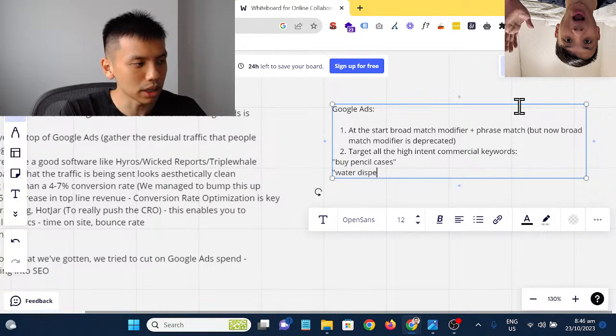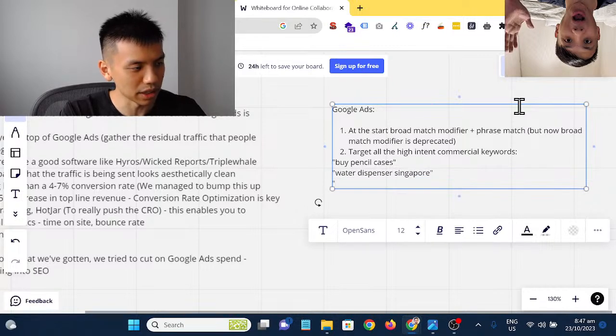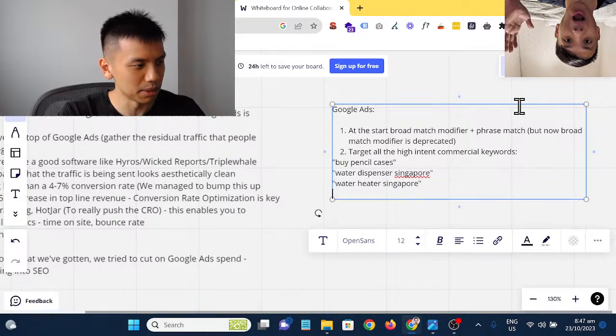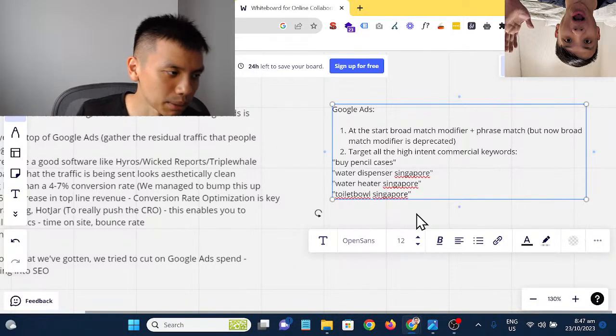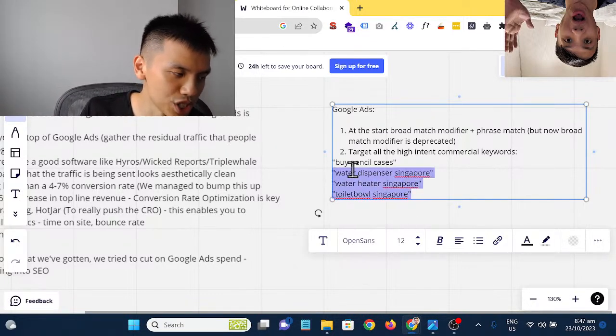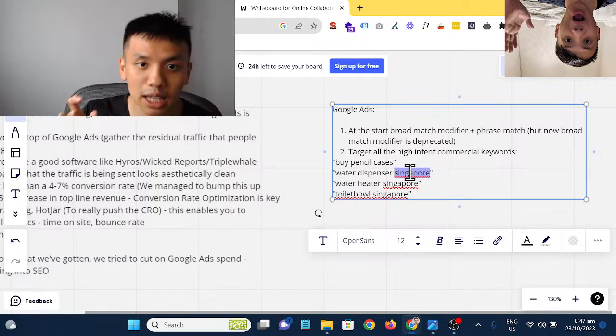Okay, so you want to generally target something like water dispenser, plus whatever the name of your country is. Like for us, water dispenser Singapore. And then maybe water heater Singapore, and then maybe toilet bowl Singapore. So you target something that has the commercial intent to it, and generally you insert the name of the